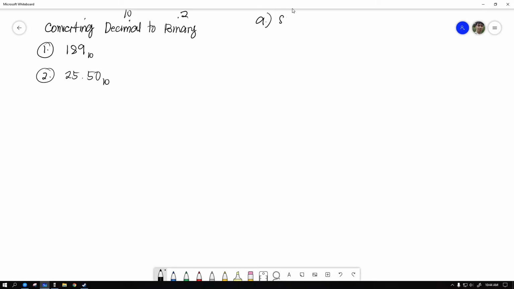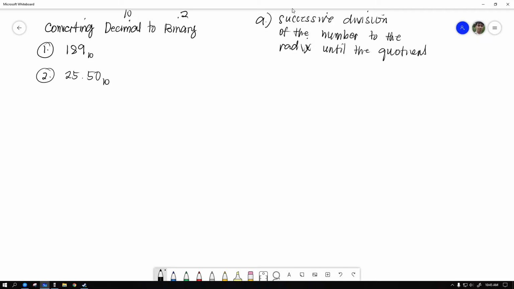A: successive division of the number by the radix, or the base, which this time is 2, until the quotient becomes 0. B: the remainders